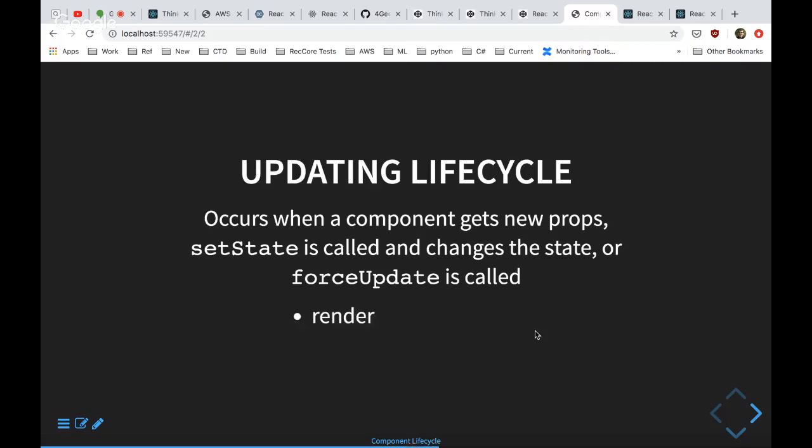What happens during the updating lifecycle is, again, it will call render, because the render method of your component is the key to these first two steps. That's how you get what's actually going to end up on your page. And then it's going to call componentDidUpdate. componentDidUpdate is the method that lets you know this component actually changed. And sometimes you need to hook into that as well. It's less common that you need to hook into componentDidUpdate than some of the mounting or unmounting lifecycle hooks, but it's a critical one, especially when you're into party stuff.